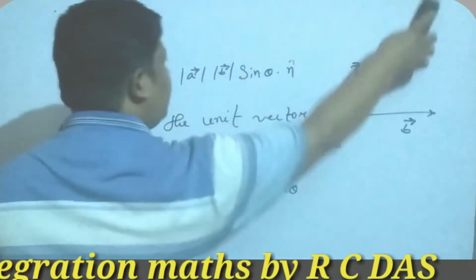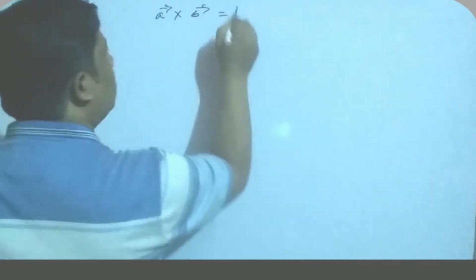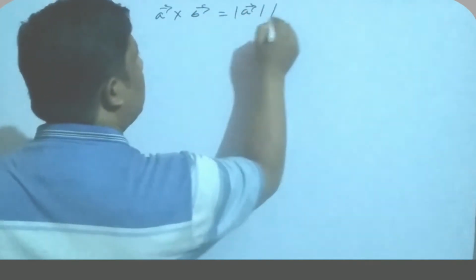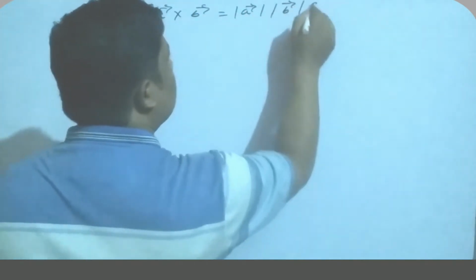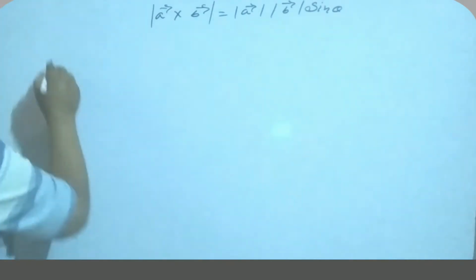Next, so I get the cross product defined as A cross B equal to mod of A mod of B sin theta. If I take the magnitude, then the unit vector cancels like this. But look, my dear students,